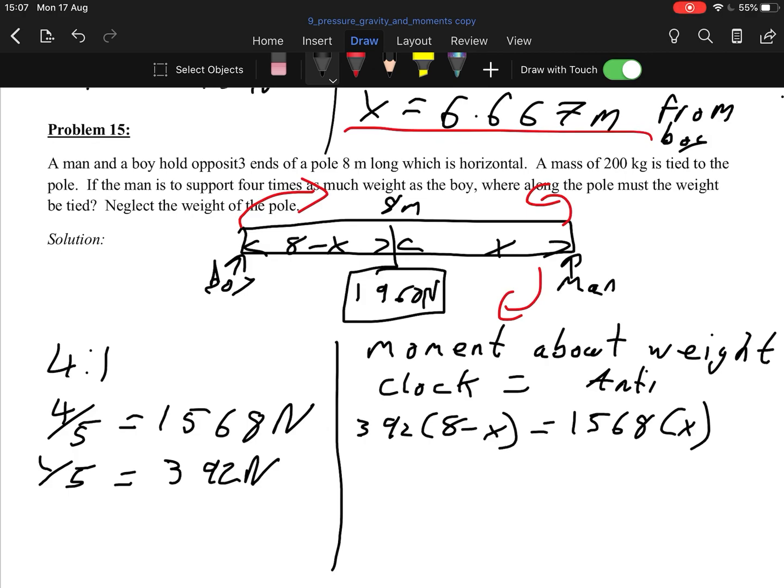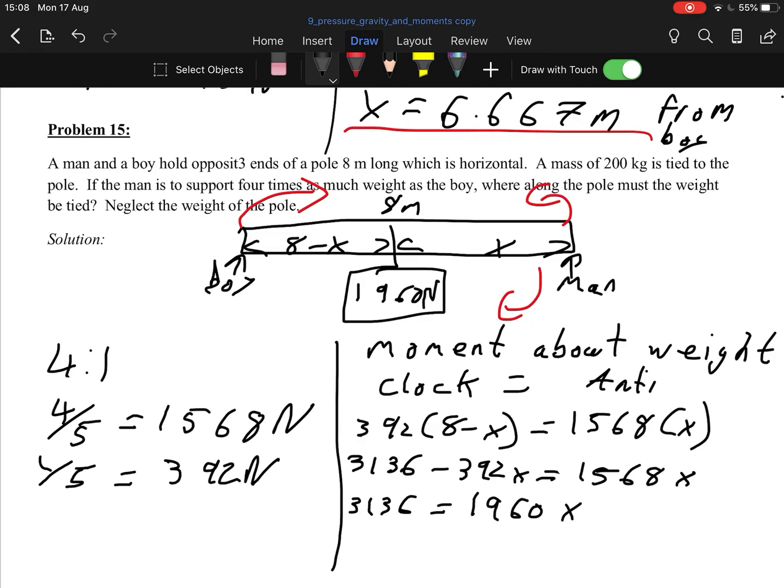So we should end up on this side with 3136 minus 392x equals 1,568x. So I'm going to bring the x's to one side and leave the number on the other side. Okay, so bring all the x's to the other side, and when you bring them to the other side, you change the sign. So that becomes 3136 equals 1960x. So therefore we divide across, so x is equal to, we divide 1960 across, and we end up with